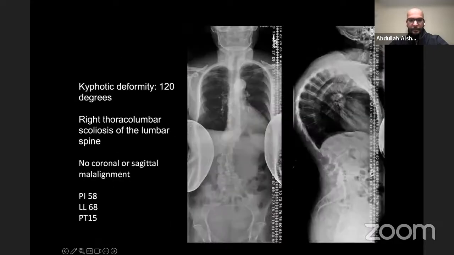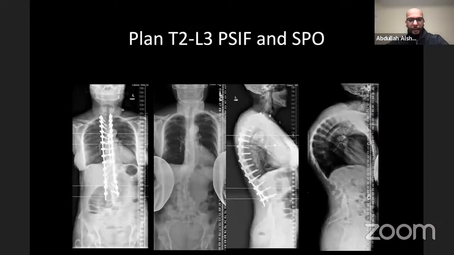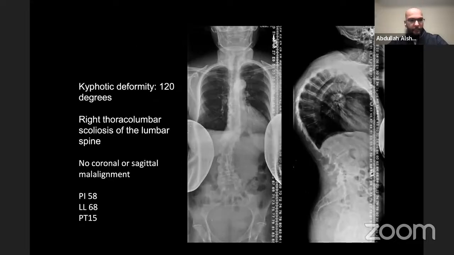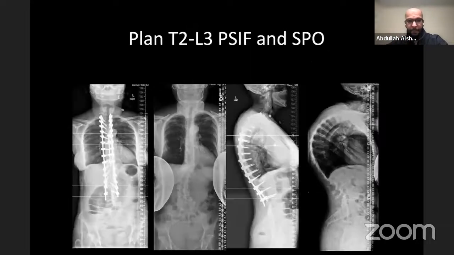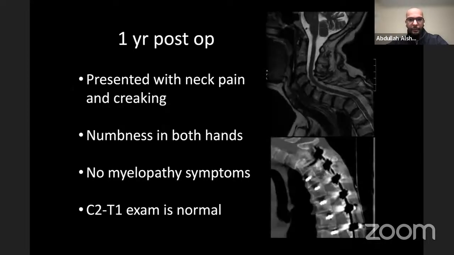We go to the next slide, please. Her X-ray, AP and lateral, showed she had a 120-degree kyphotic deformity, and also she had right thoracolumbar scoliosis at the lumbar spine, and her parameters are normal. Next, please. So the plan at that time was to do a T2 to L3 posterior spinal instrumented fusion, and those are the postoperative X-rays. Her alignment was good, and she had a good clinical outcome until a year after, where she presented